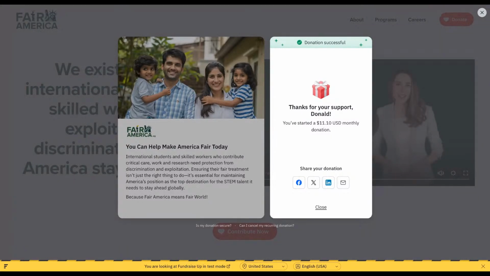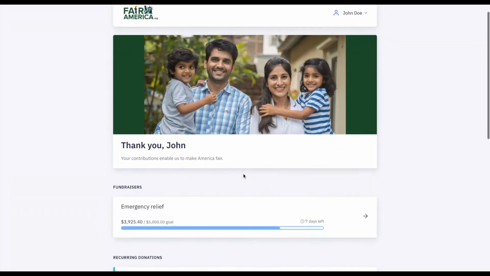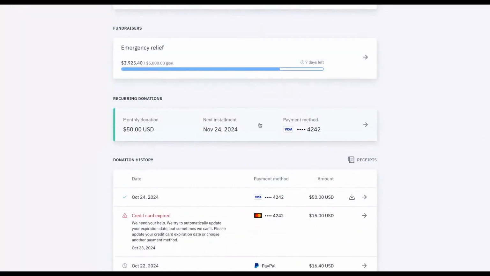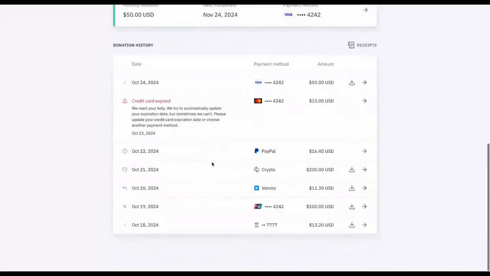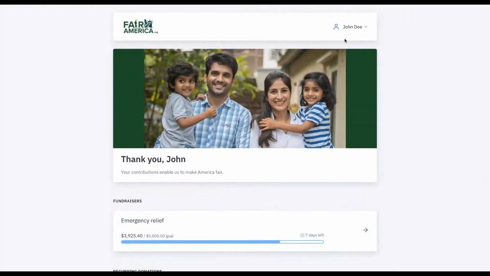Once you are done, you will get the receipt. Then you will have a portal where you can come and check your donation so far. This is kind of a demo, right? Here you will see what payment method you are using, and all the past payments you have made to this organization. You will also have a chance to update your profile.